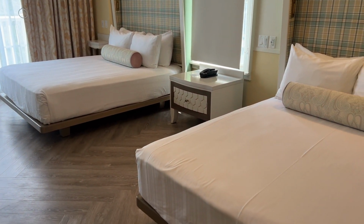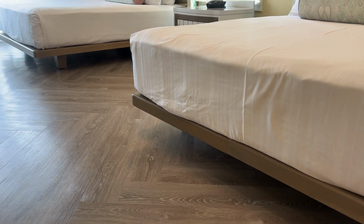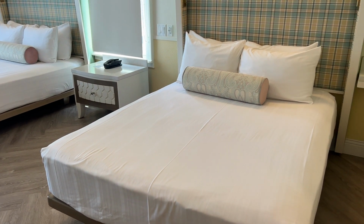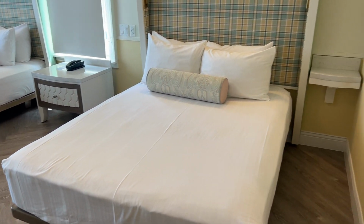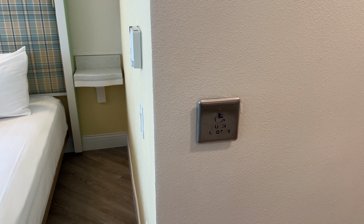As you can see, these beds are lower to the ground. They're both queen size beds, no room underneath for storage, but that is a better height, of course, for accessibility. You are a little limited on space on this particular side, but there's a lot more space in between the two beds. Also on the wall right over here, there's a button you can push that will open the automatic door opener